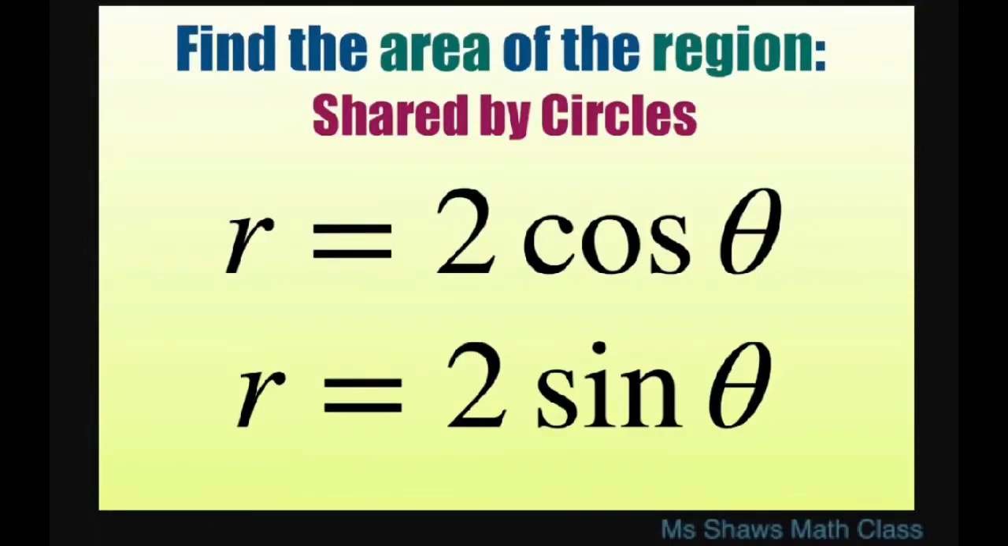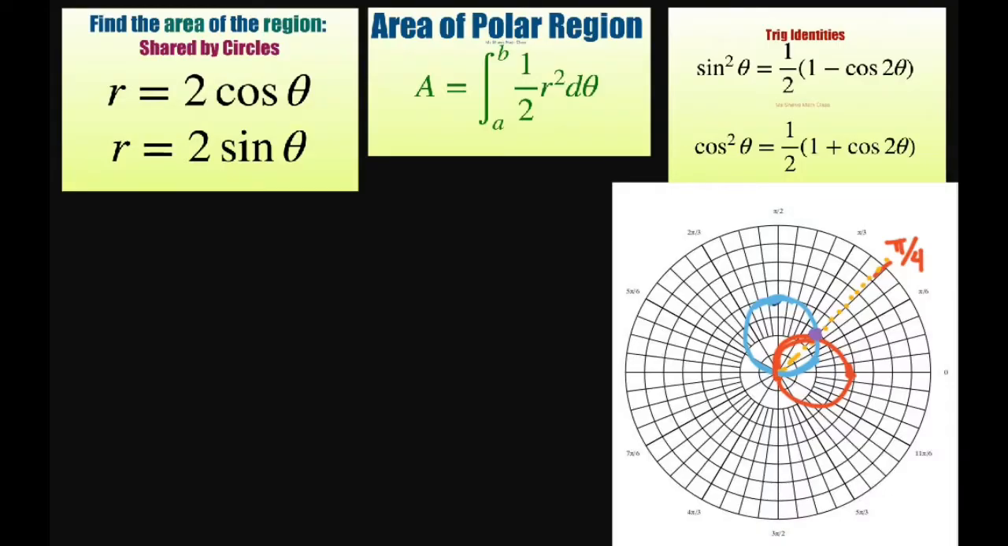Everyone, we're going to find the area of the region shared by the two circles r equals cosine of theta and r equals sine of theta. I did a quick sketch of these. The blue one is your sine. The red one is your cosine. And so what they're looking for is this area